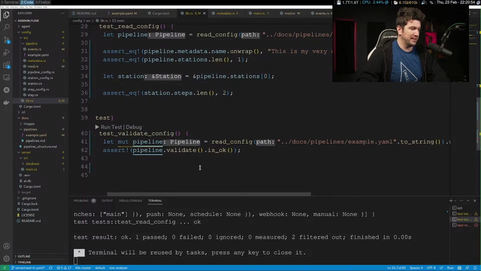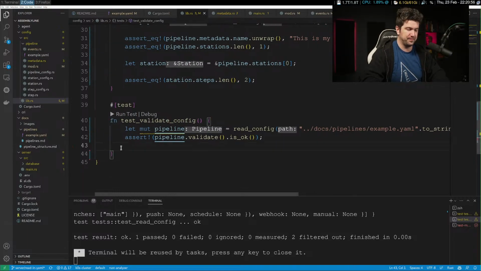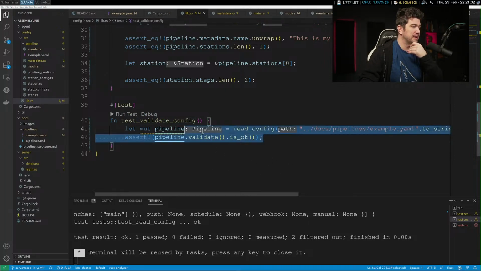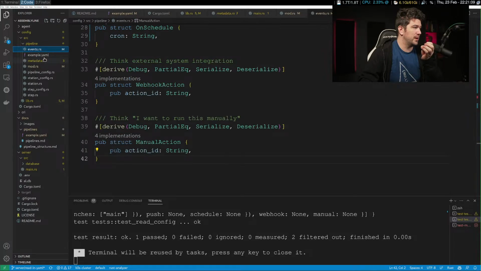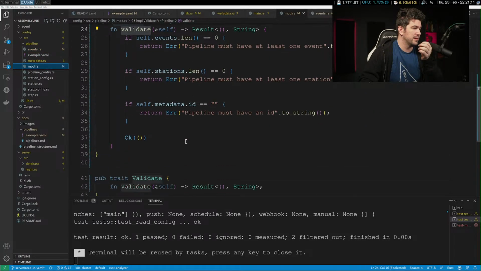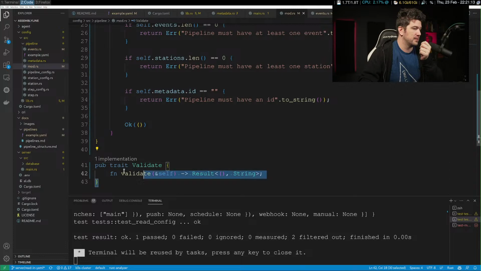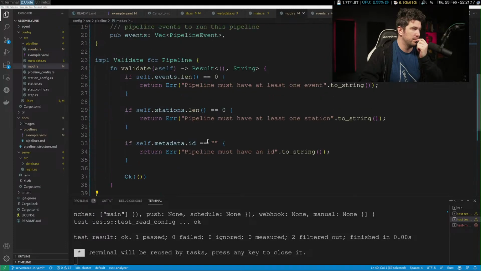All right, so now validate should work for that. And I think that this gives us a good test. So I'll actually link here in that test, and I'll link to here.